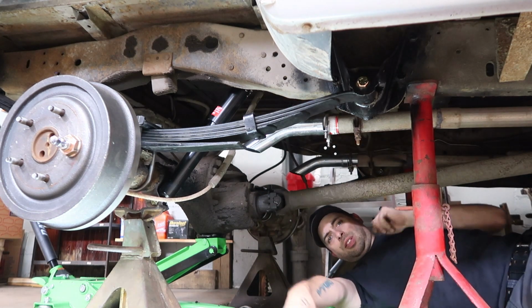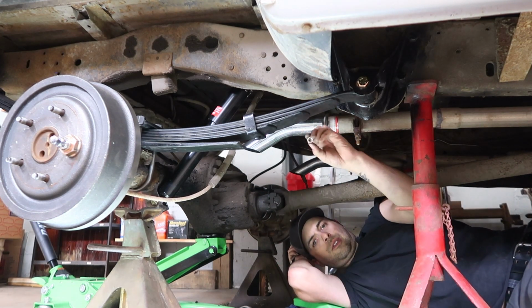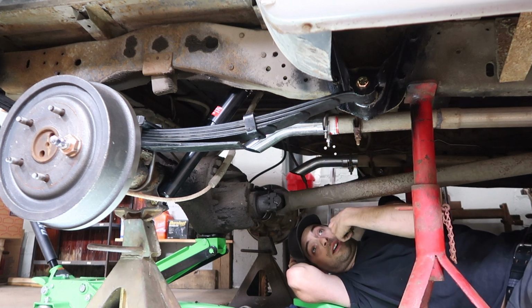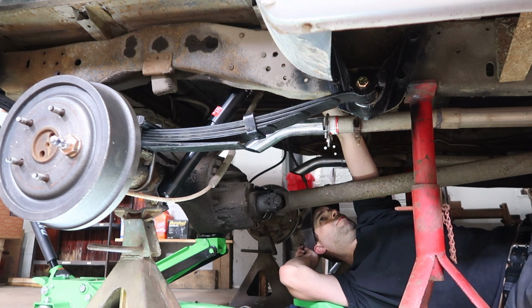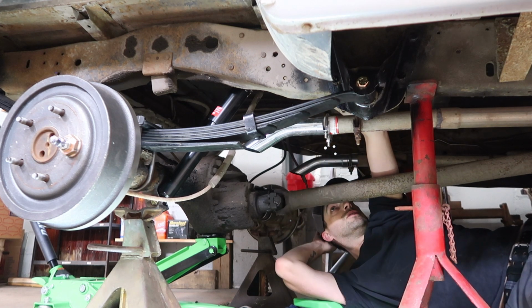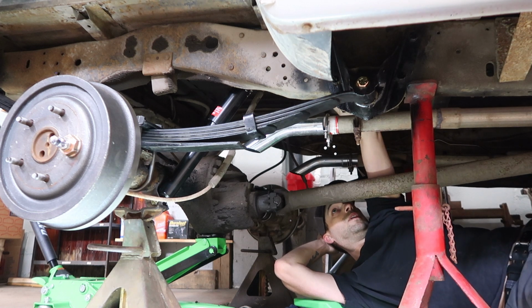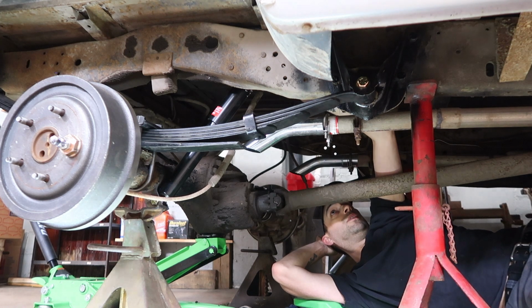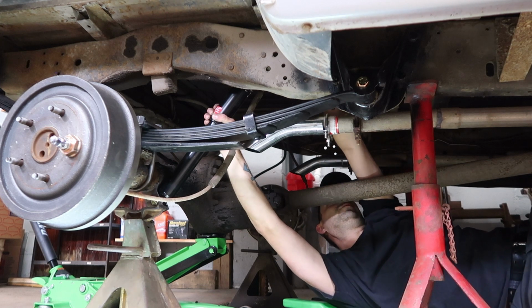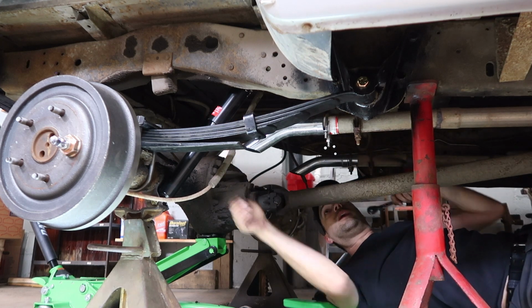And it also comes with another little nut, basically to act as a lock nut to put on top of it. So instead of them actually sending you a lock nut, they just send another nut. Not sure why. Can't just go with a lock nut, I don't know, but the old ones were not on there like that, but they just had one nut and that was it, and it wasn't a lock nut or anything, which I'm sure it'll be fine either way, but